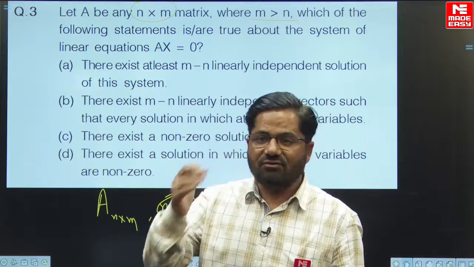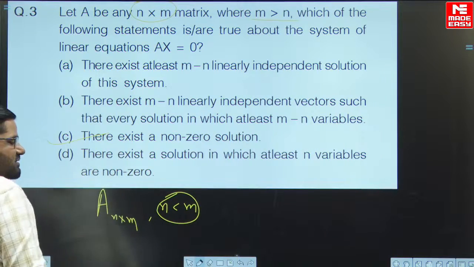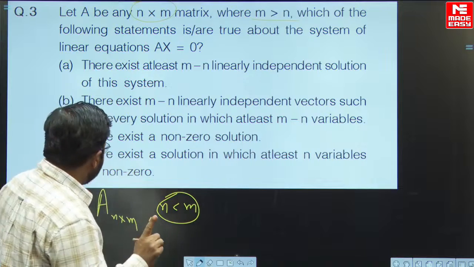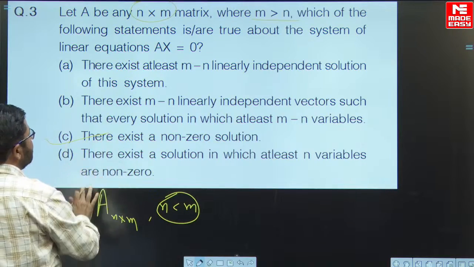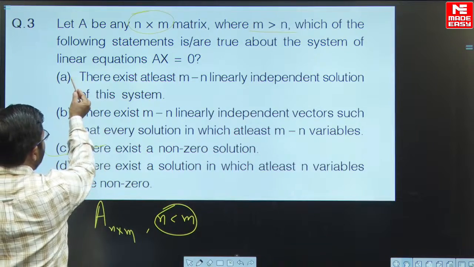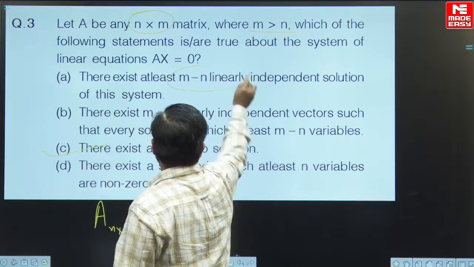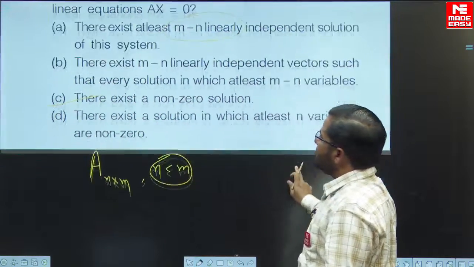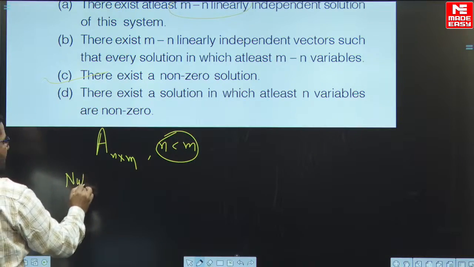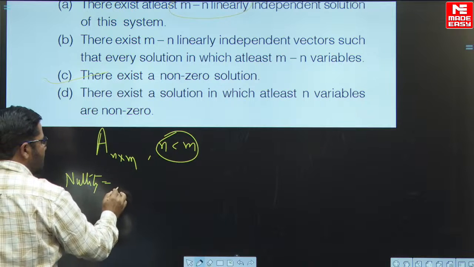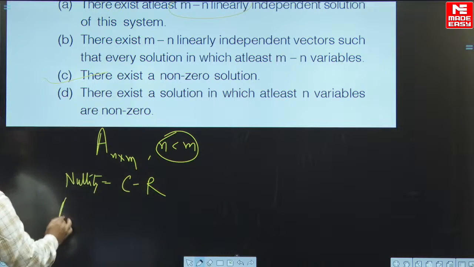and we know that underdetermined homogeneous system में हमेशा infinite solution होते हैं। Infinite solutions are also known as non zero solution, option C is the right answer। एक तो आ गया, ये MSQ था, तो there exists a non zero solution, infinite solution, option C is correct। Now trying to pay attention on option number A, there exists at least m minus n linearly independent solutions of this system। बेटा we know that nullity of any matrix is nullity equals to column minus rank,